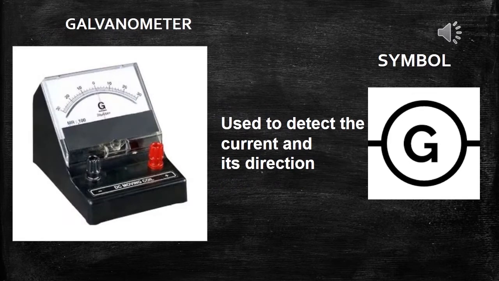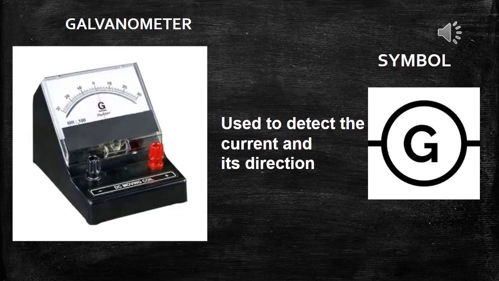Galvanometer is another important device used in physics lab. It is used to detect the flow of current, and in the meantime the device can be used to find out the direction of the current. It is used for both purposes. That letter G is for galvanometer. Look at the device. In the middle of the device you can see the letter G. That G stands for galvanometer.